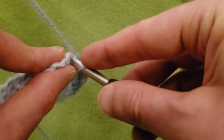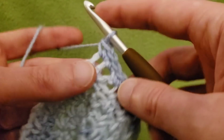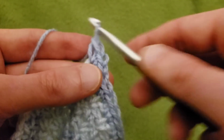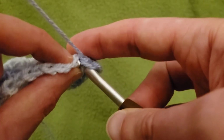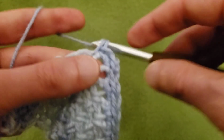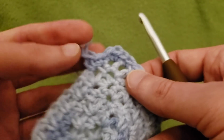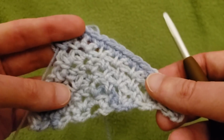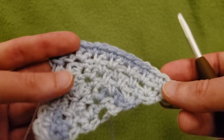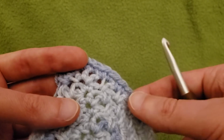So it's going to be 3 singles in that top stitch, and then single in the single. There we go. Single in the chain space, and so on and so forth, just following suit with what you had been doing. Now, that's pretty much all there is to it for this version as well as the previous